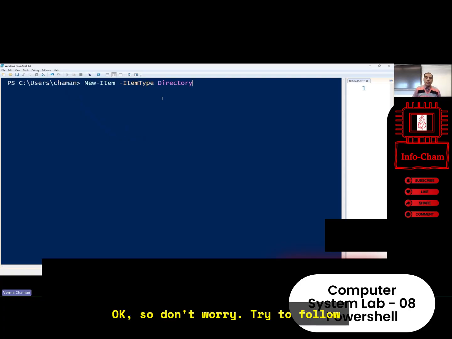Okay, so don't worry, try to follow the example. Please try DI. Okay, then press the tab button. Tab button automatically will give you the directory. Okay, that means you are going to create the directory. So what is the directory name? You can give every time like this,